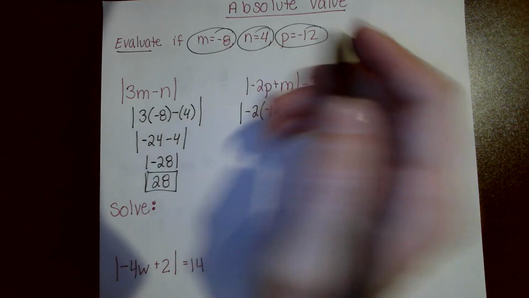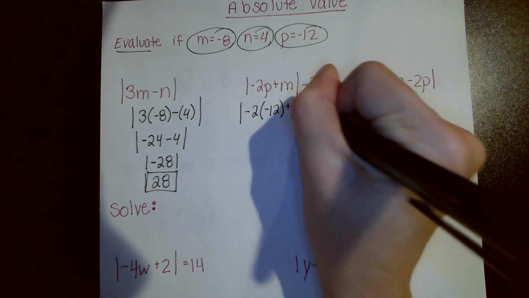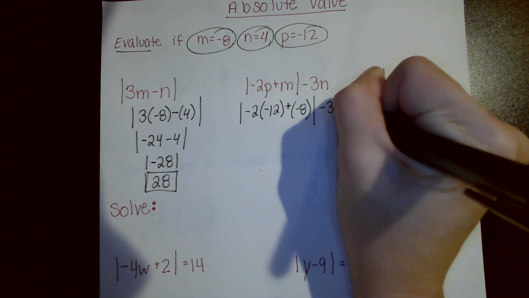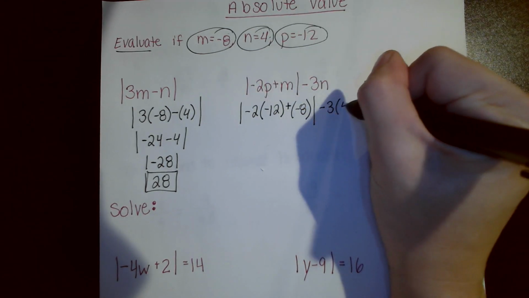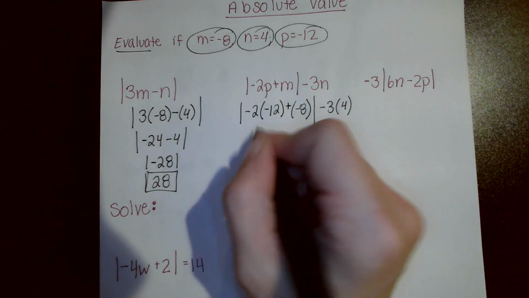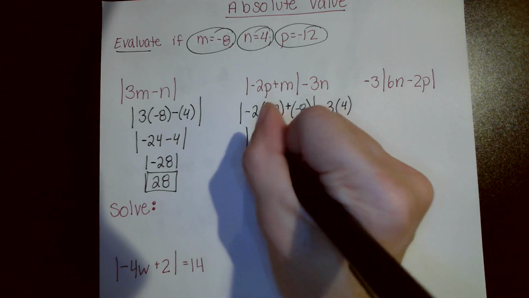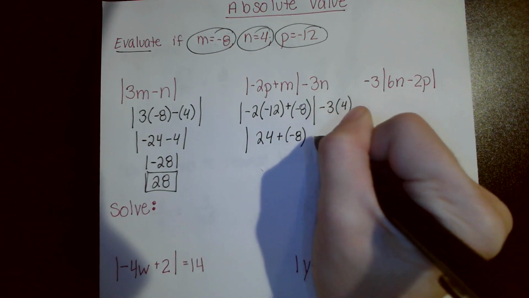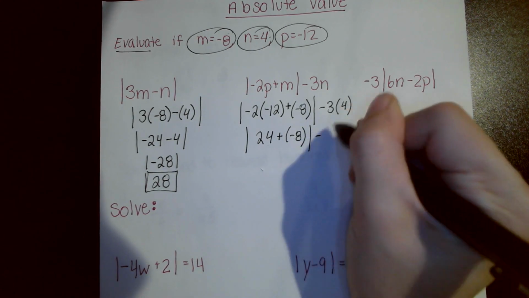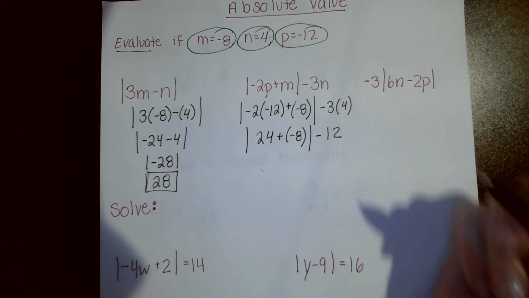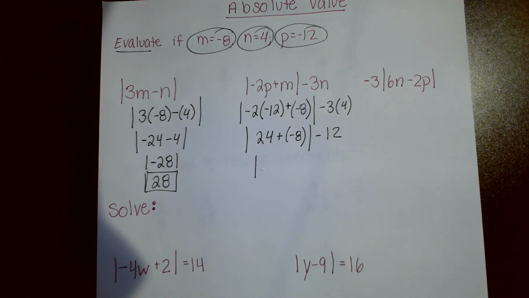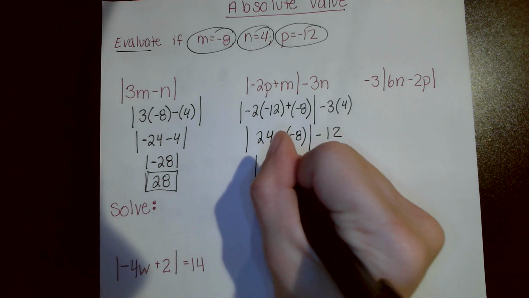So m is -8, so this is going to be -8 minus 3 times n, which is 4. All right, so -2 times -12 is 24 plus -8 minus 3 times 4 is 12. All right, 24 minus 8. If I do my math, 24 minus 8, I get 16